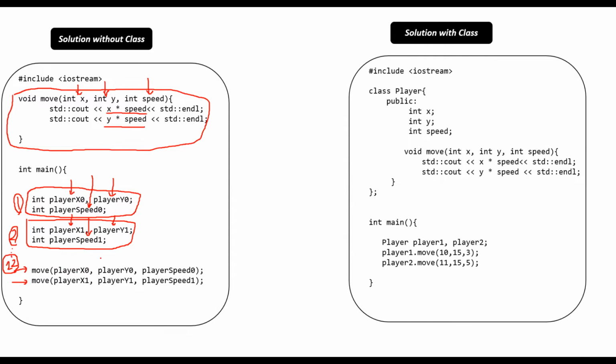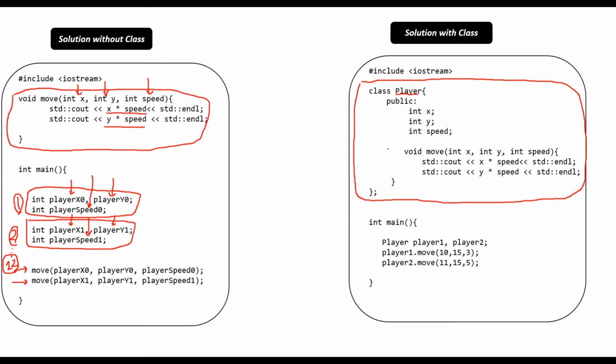So let's make a simple example. I'm not going to go into the syntax of the class. Of course, in a future video I will go into detail, but for this first video, let's think we are specifying a class. The class name is Player,